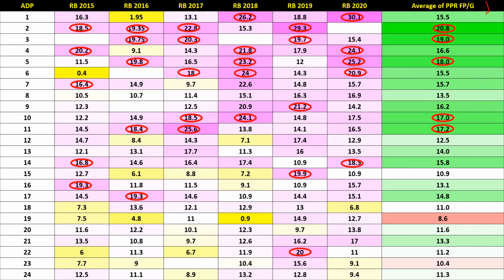So people are thinking, oh, I can grab one, get me a zero RB concept. I think the zero RB is going to work best in this range here. And I think in that range and below, you're probably going to get surprised more than not. So if I was doing the zero RB thing, and you still wanted a top five, you wouldn't go past the 17th pick. And even then, it starts getting a little slim.